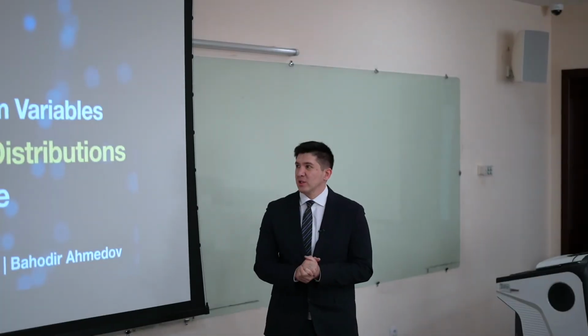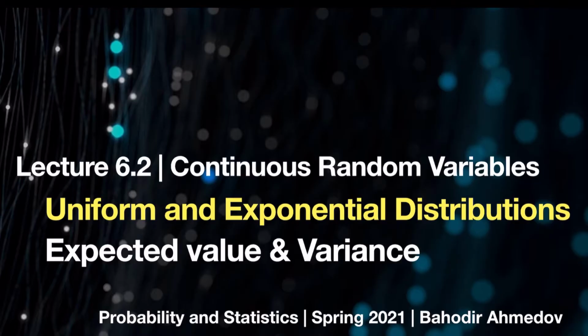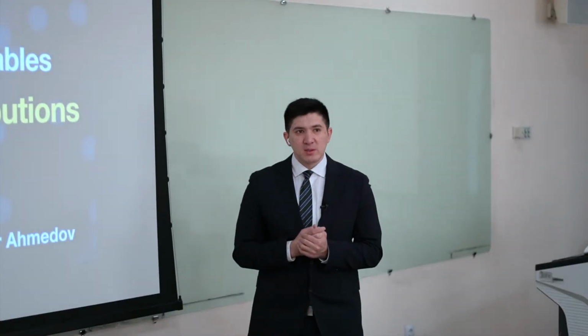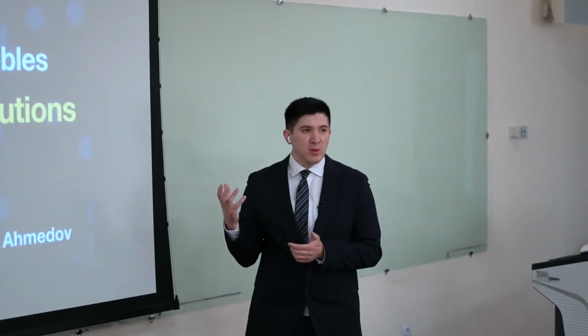Well, let's start lecture 6.2. Today we're going to continue our discussions about the continuous random variables. In particular, we're going to talk about the exponential distribution and uniform distribution. It is really important for us to start with the exponential distribution, even though in the textbook it comes